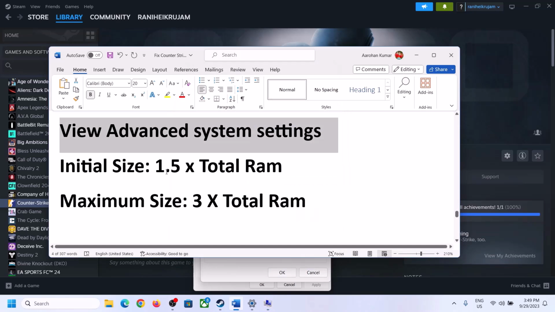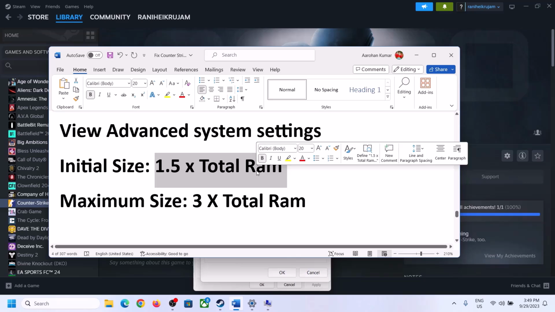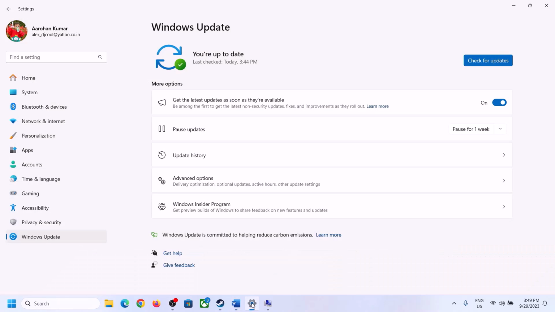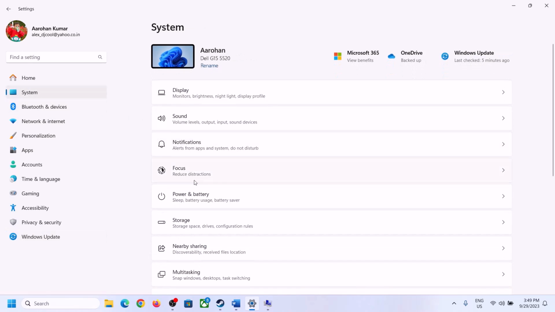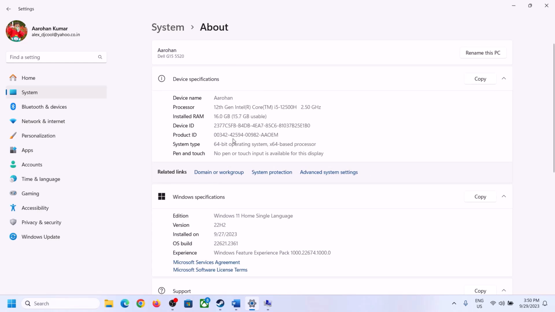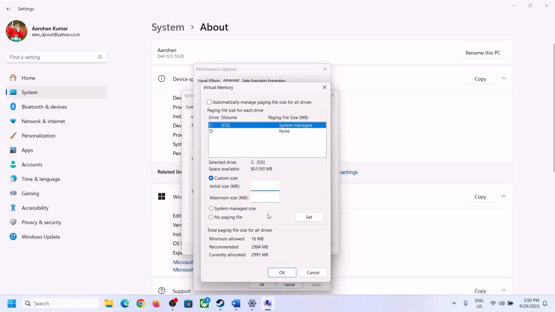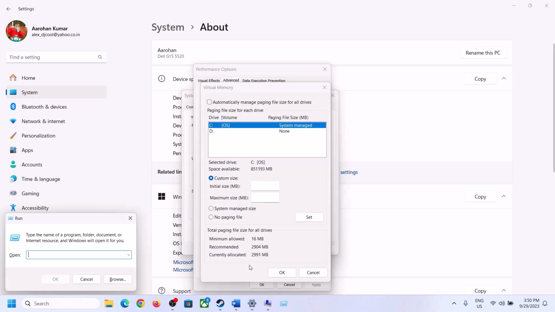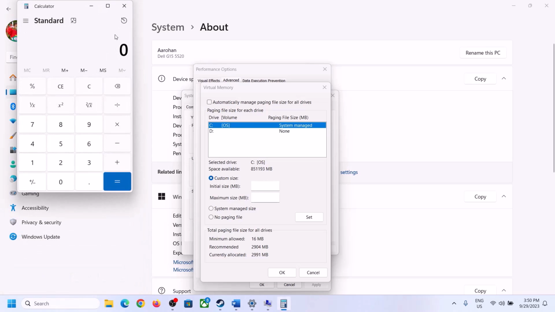for initial size it's 1.5 times total RAM. So you can check the total RAM in Windows settings. You can go to system and then go to about, and total RAM in my case is 16 gigabytes. So you can calculate accordingly. In my case it's 16 GB, so I will calculate as per 16 GB. First of all we have to convert 16 GB into megabytes. So we will open calculator. Type in calculator in the run box and then click on OK, and over here